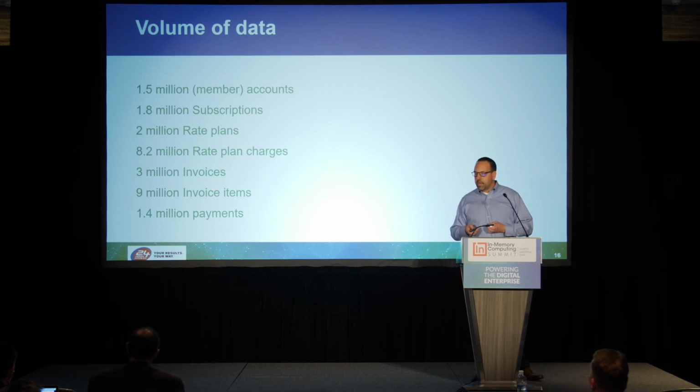But probably the biggest thing on here, and so we don't have a lot of data. A year from now, especially, we have 9 million invoice items, that's going to grow to 20 million in a year. We've only been live for half a year and we migrated people over little by little. That 1.5 million was 1.2 million about 2 weeks ago. So we're steadily migrating over to get, by the end of the year, all 4 million into the new system.